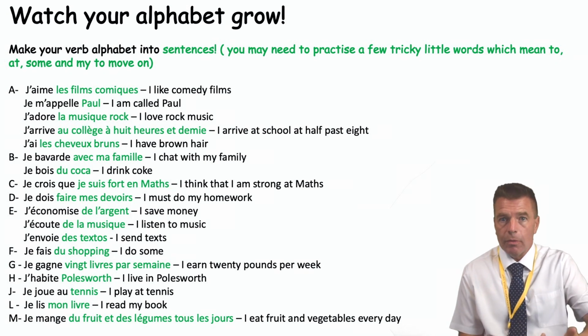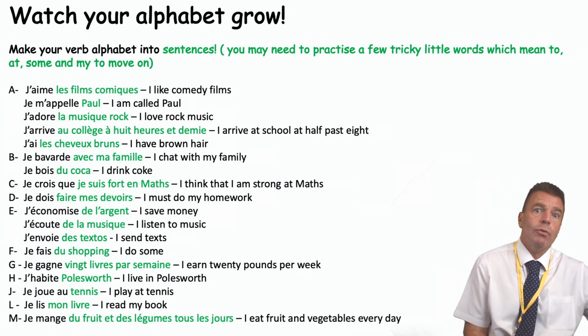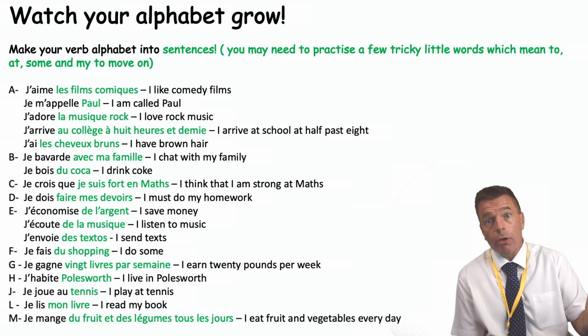So each of your 30-minute sessions, you've moved on. You can now do 30 verbs. You're now going to progress that